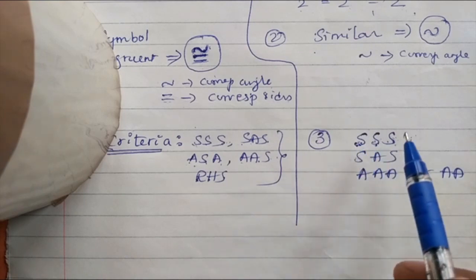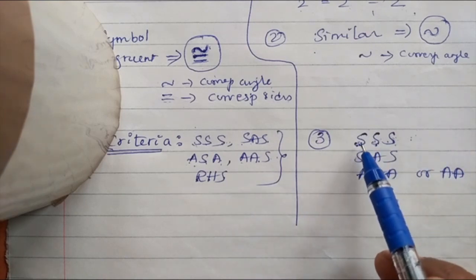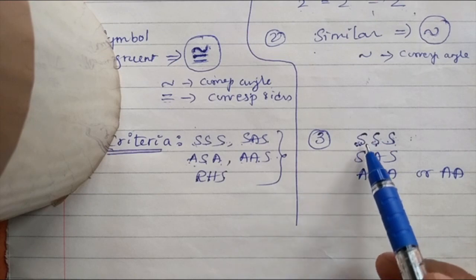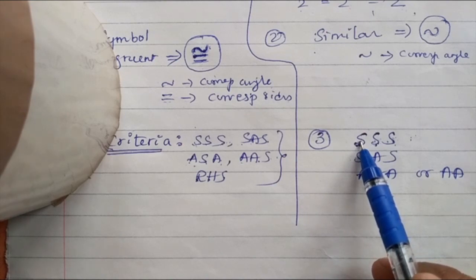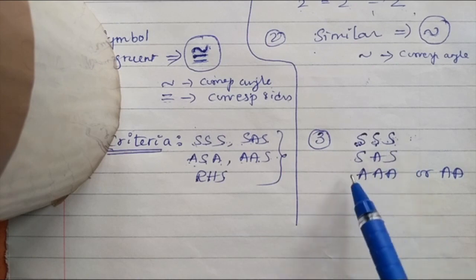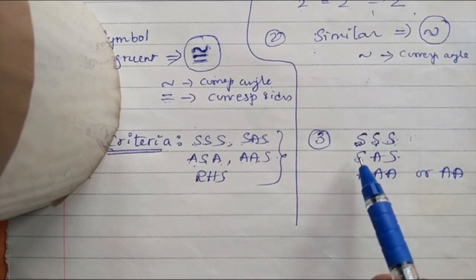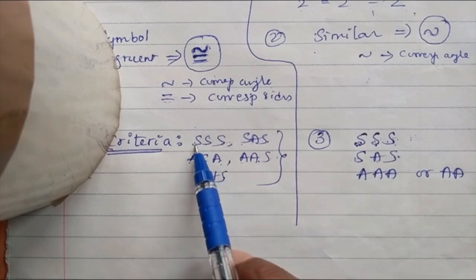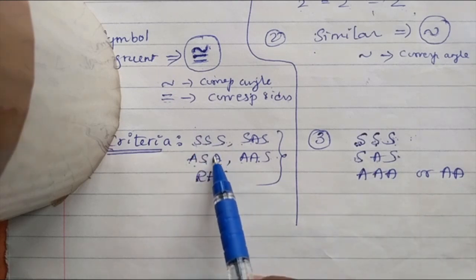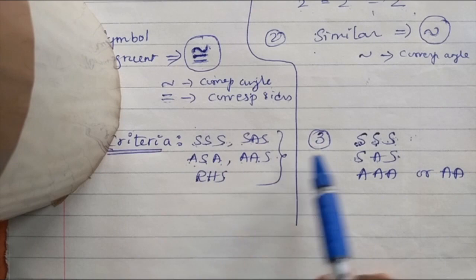When we compare a small triangle and a big triangle, how can corresponding sides be equal? One triangle is larger in length, another triangle is smaller in length. So S means corresponding sides, of course, but they are in proportion. So all the 3 sides are in proportion. Here, 2 sides are in proportion. Side means proportion, angle means equal. Here, side is also equal, angle is also equal. In congruent, side and angle both are equal.